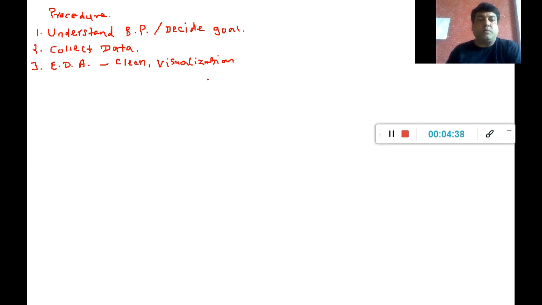Visualization, we try to understand the data, basically exploration of the data. So cleaning, visualization, or if I want to decide whether I want to use any imputation technique or not,